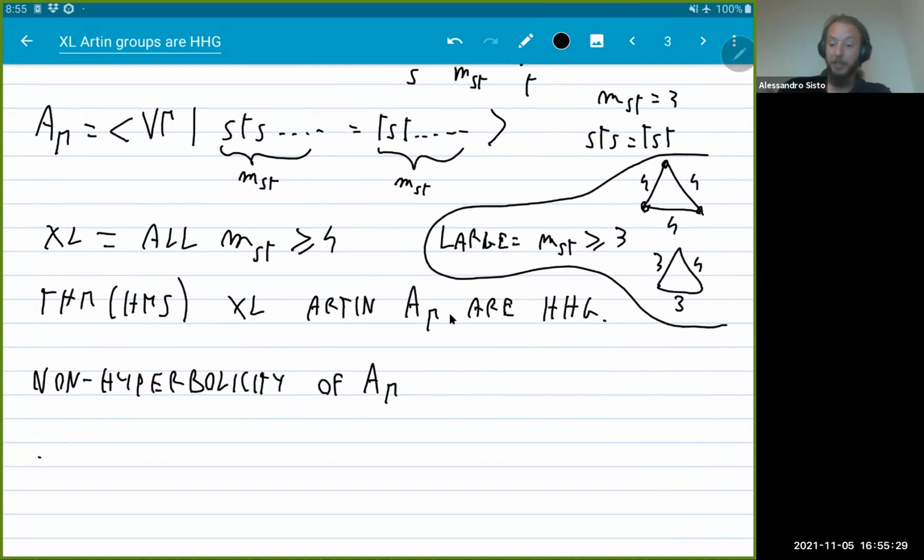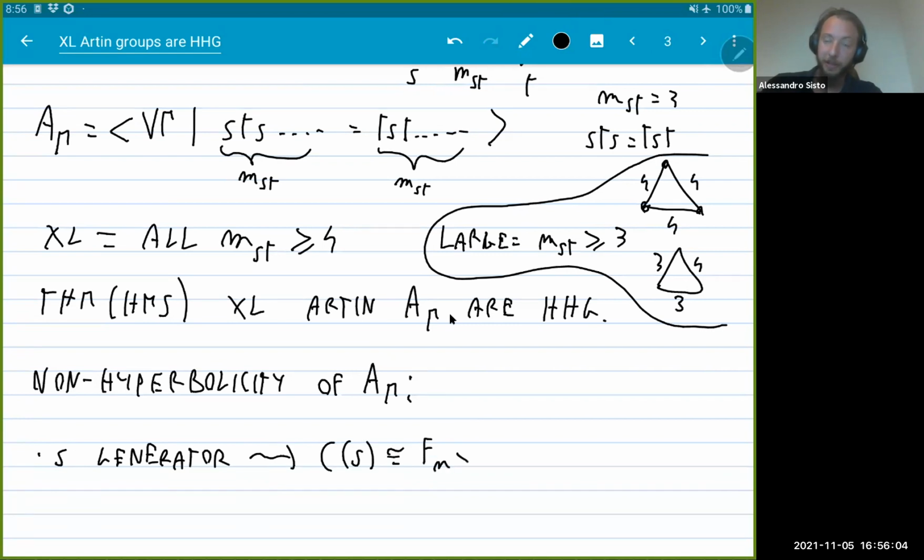So, okay, I was going to say, you have a group, you want to understand its non-hyperbolic behavior, so you might want to look for subgroups that are direct products. And you ask some experts in Artin groups because you don't really understand them very well or at all, like me. And then they will tell you, well, if you take a generator, I know that the centralizer of a standard generator is going to be a free product cross Z.